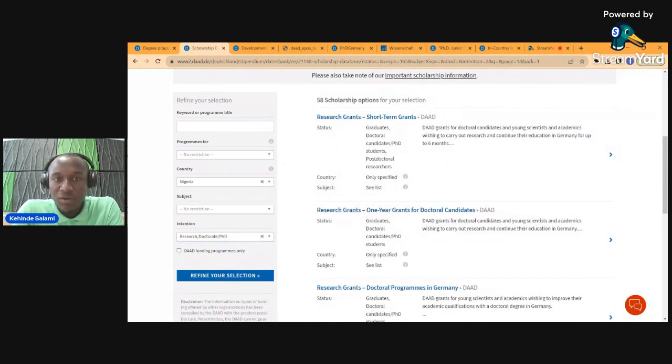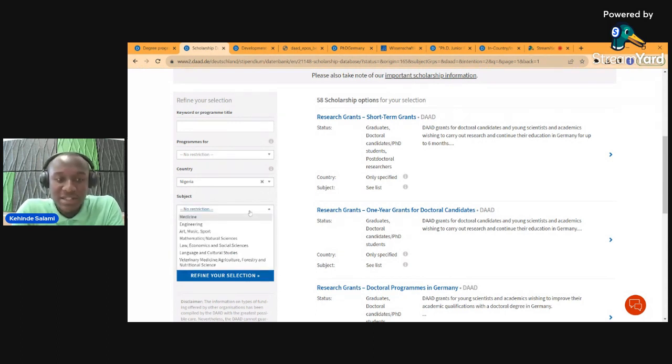It brings out over 58 different scholarship options, because I've changed it to now I want a research program. So if you want a PhD or a master's by research, this is a filter which you use depending on the program.